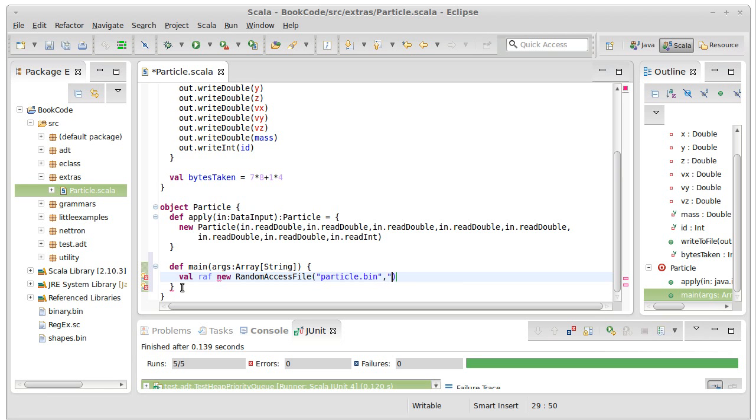And then this needs a mode. We'll say read write. I'm missing an equal sign up here, which is making the compiler rather unhappy with me. Import the random access file,